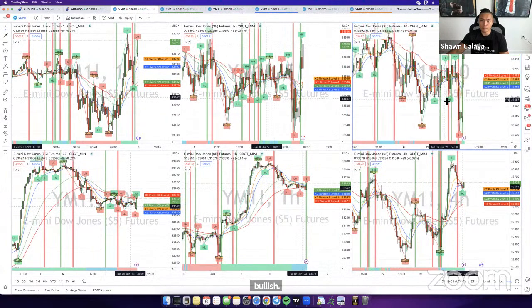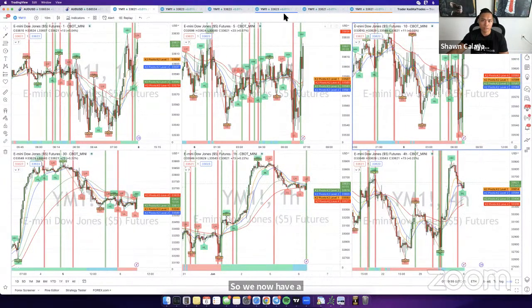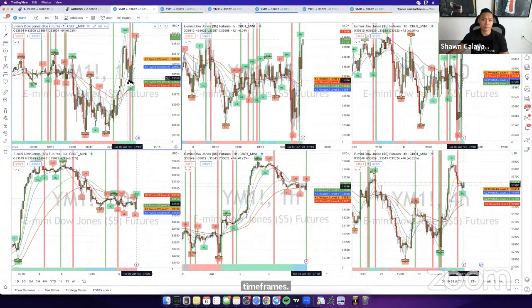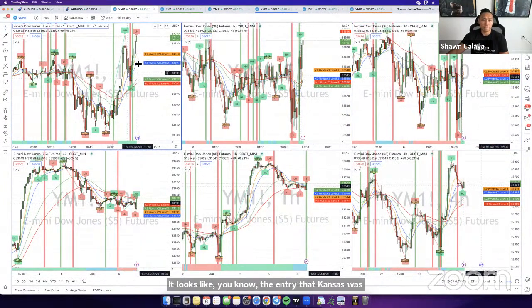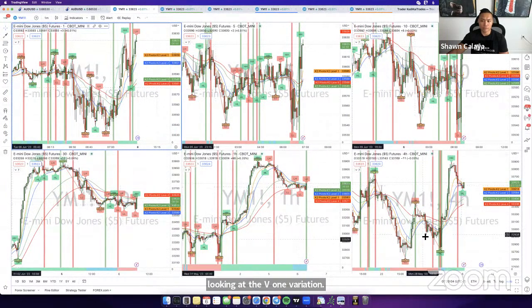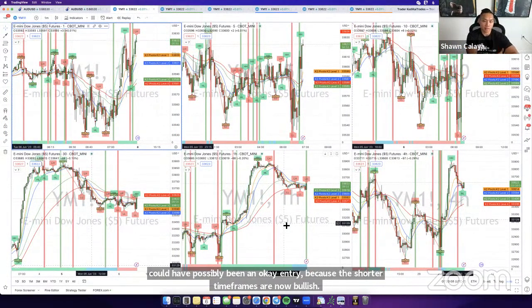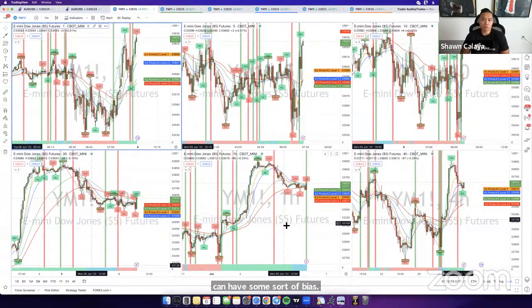So looking over here on the 10-minute, 5-minute, and 1-minute time frames, it looks like that entry that Kenneth was looking at, the V1 variation, this could have possibly been an okay entry. Because the shorter time frames are now bullish. The higher time frames are somewhat bullish as well. So we can have some sort of bias now. The bias is a little bit bullish. It's more of a bullish neutral because